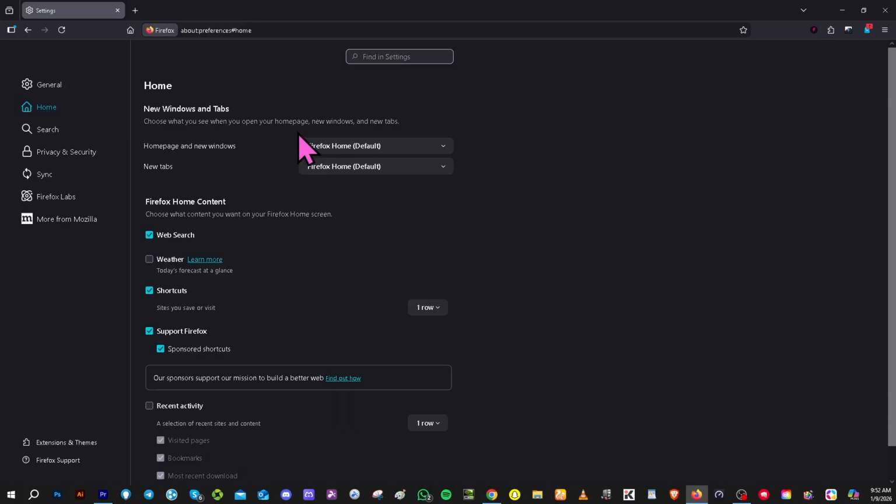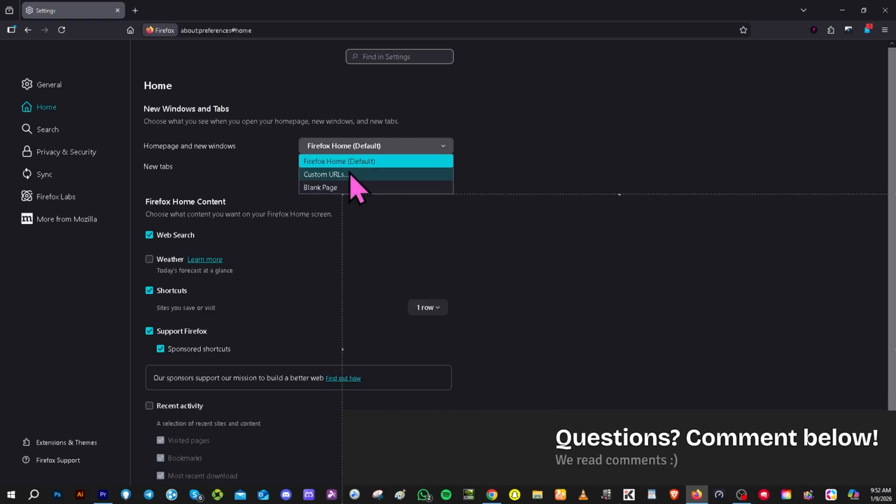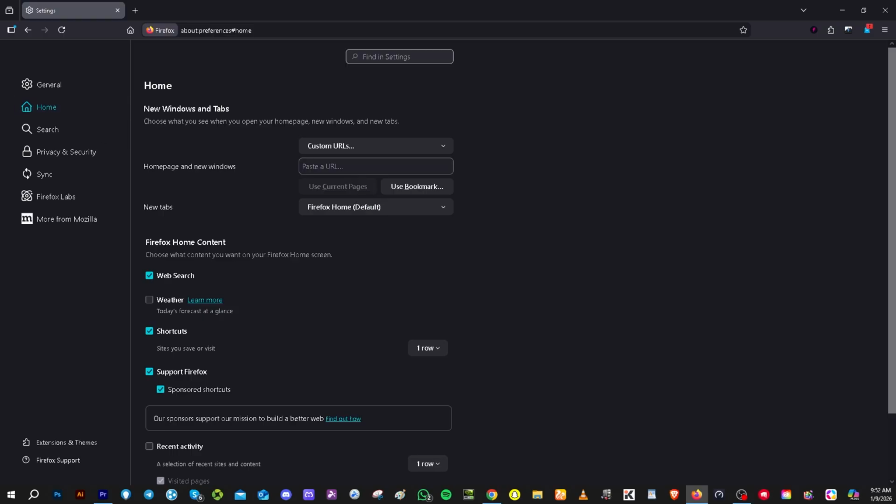Now, here, this is the page that opens every time you launch Firefox or click the home button. Right now, it's set as the Firefox Home default, but if you want to change it, you can do so. You have three options here. You can use custom URLs. For example, if you have a specific website that you want to open as the homepage of your Firefox, okay,